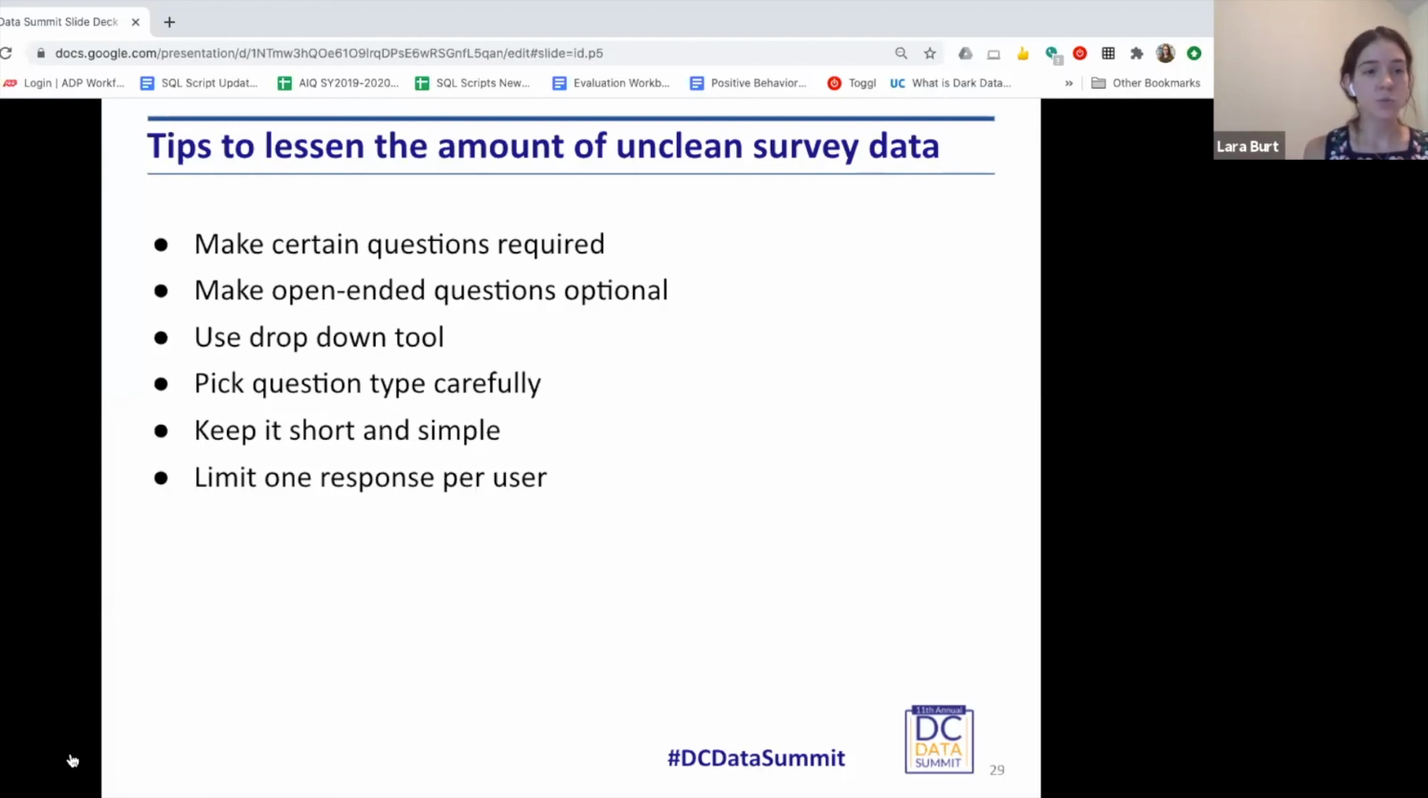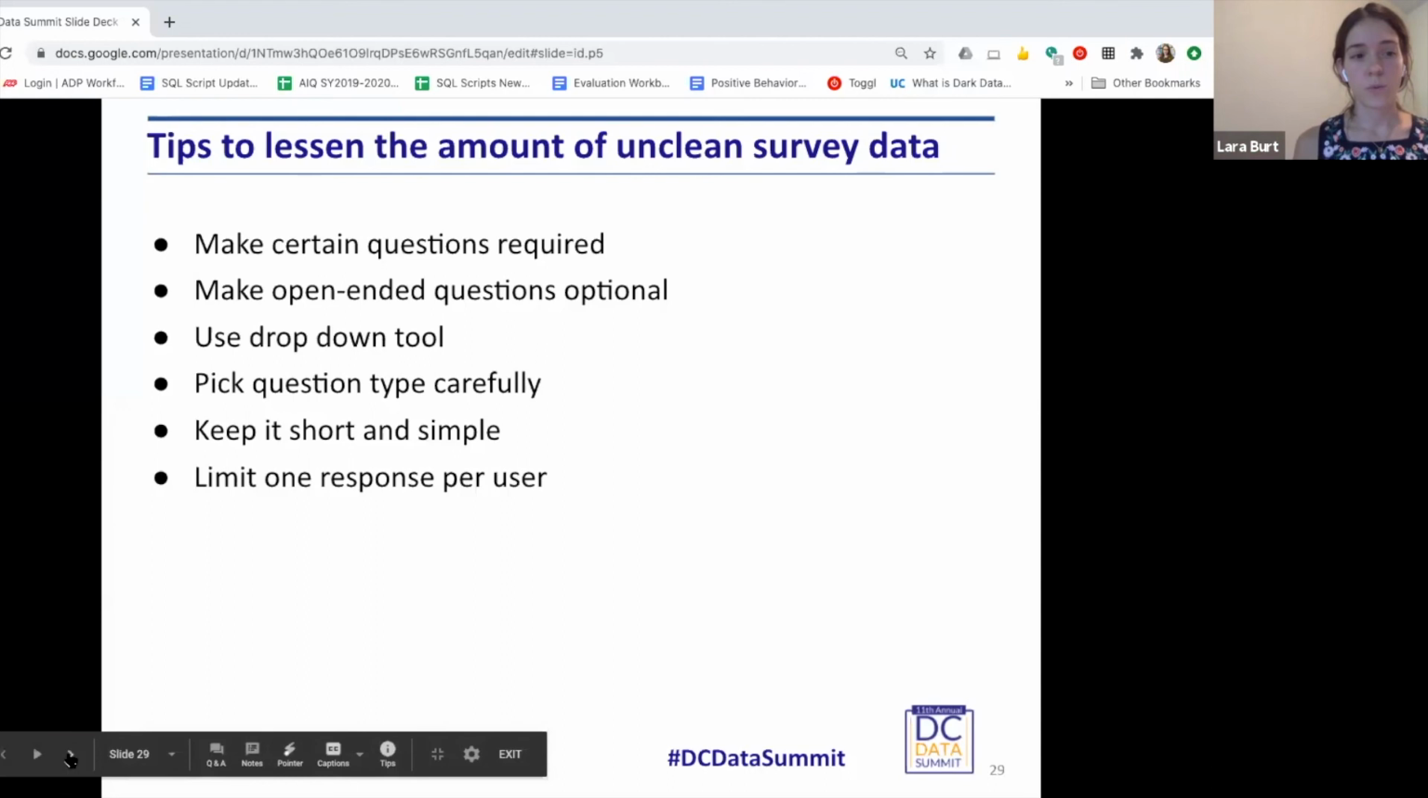Using the drop-down tools for question types makes sure that the spelling is the same, versus people just typing in their responses. Keeping it short and simple, being intentional about question type, and limiting one response per user would avoid duplication. So I know it is